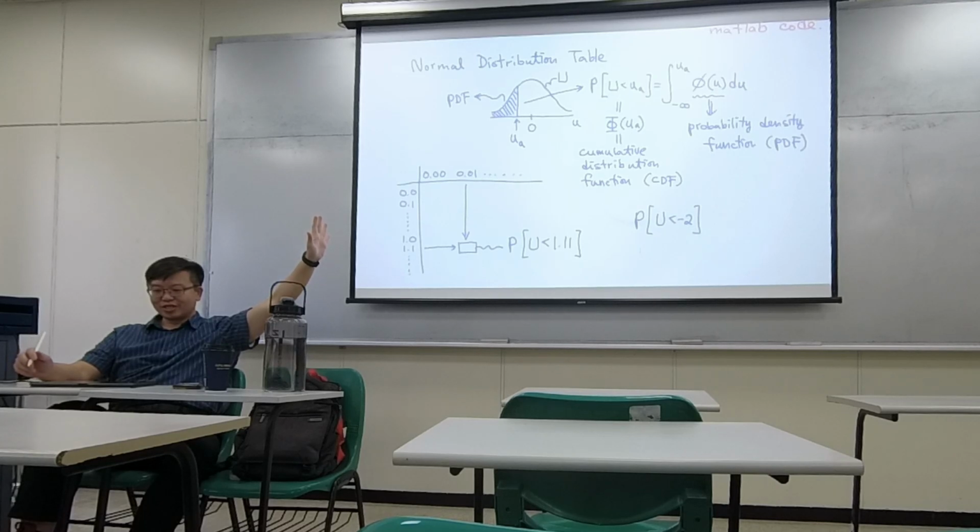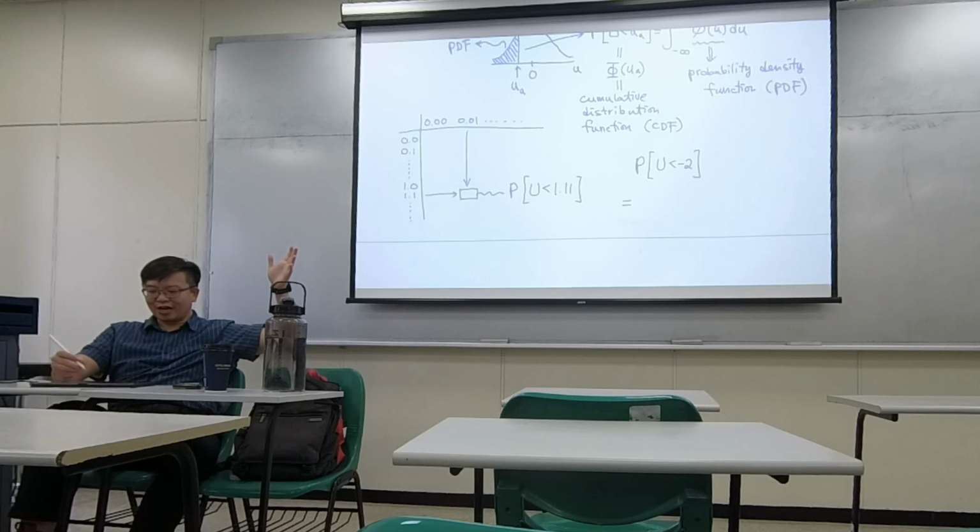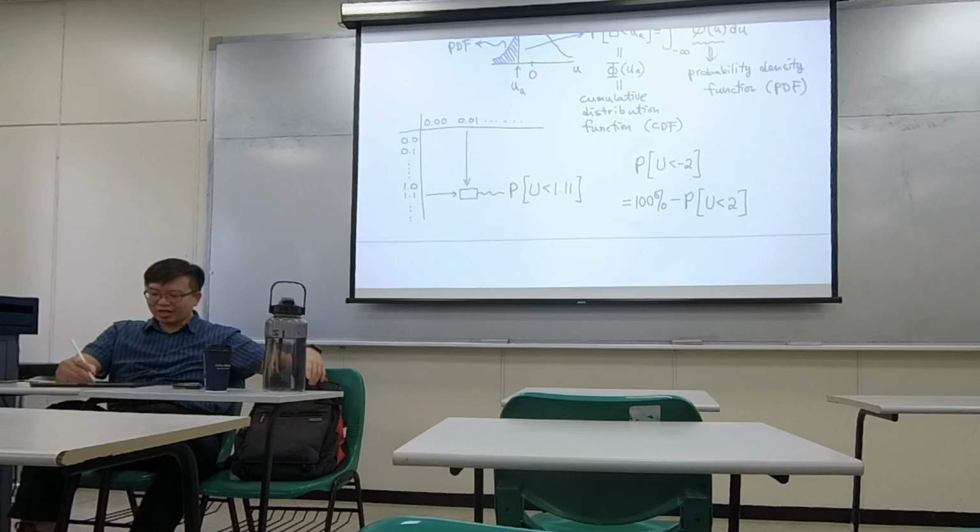How do I do that? It's going to be 100% minus U. So basically 1 minus